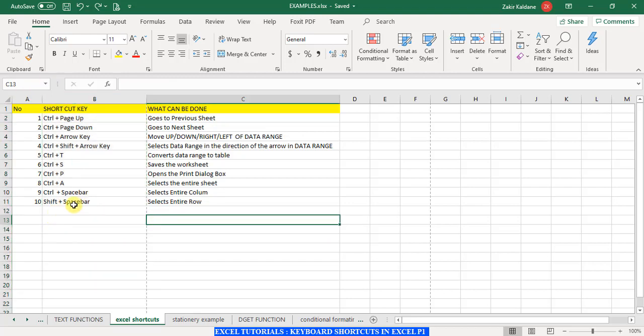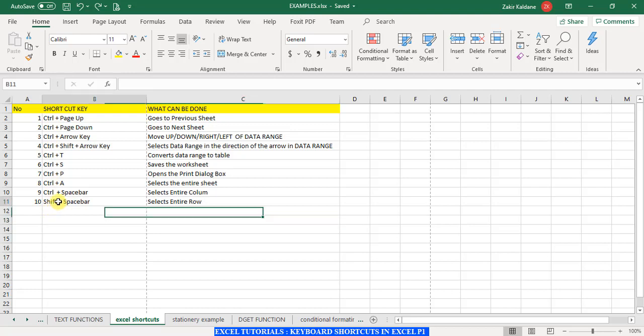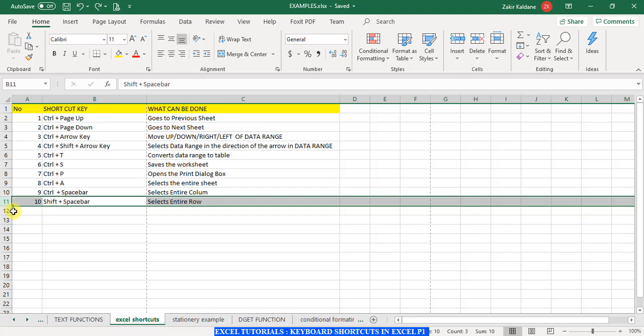Then the last shortcut for today is Shift plus spacebar. So we have ended this trend of control, and the last command is shift plus spacebar. If we press shift and spacebar together while in a particular cell, Excel will select the entire row related to that particular cell.